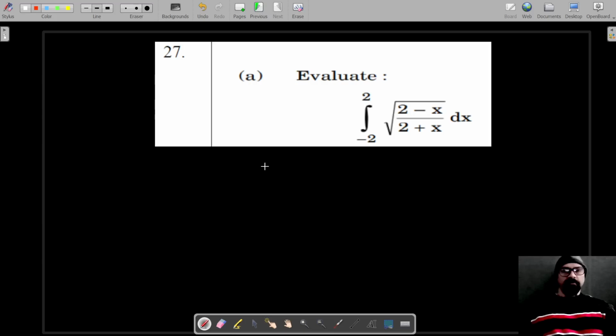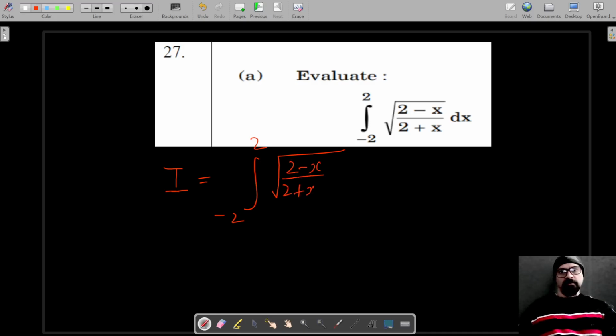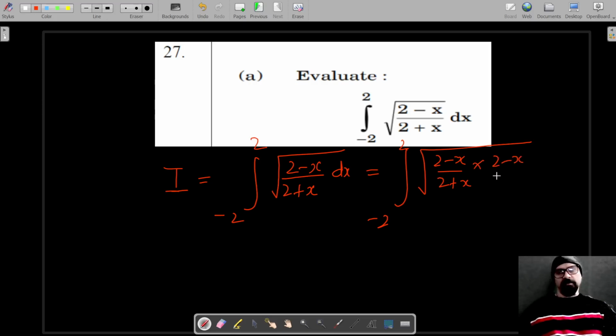For question number 27, part A, we have to evaluate the definite integral. Let's consider this as I, which has to be integrated from -2 to 2 under root (2 minus x) upon (2 plus x) into dx. And let's rationalize it first. Rationalizing means multiplying the numerator and denominator with the conjugate of the denominator. So its conjugate is 2 minus x,